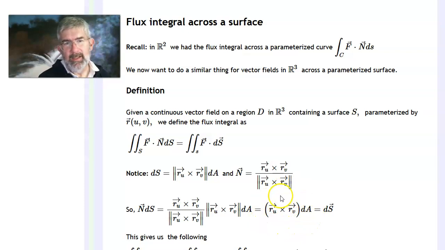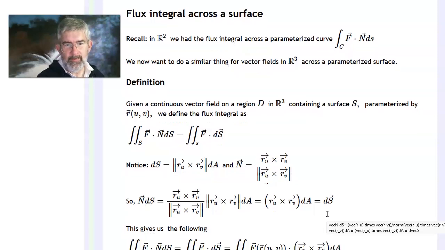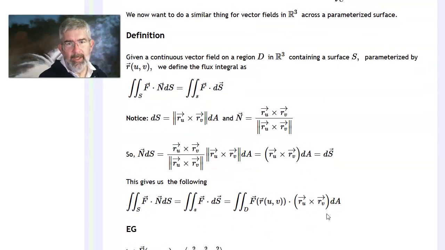So this is a vector, but it's sort of a differential as well because it's got the dA in it. So we're just calling it dS. It is the vector. It incorporates both the normal vector and that little bit of surface area that we want to multiply in. Okay. So now we have that this flux integral, n dotted with dS, can be written this way,